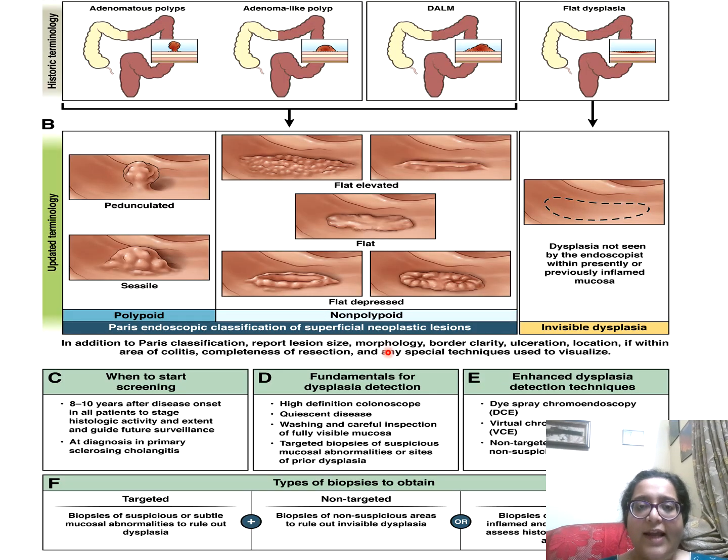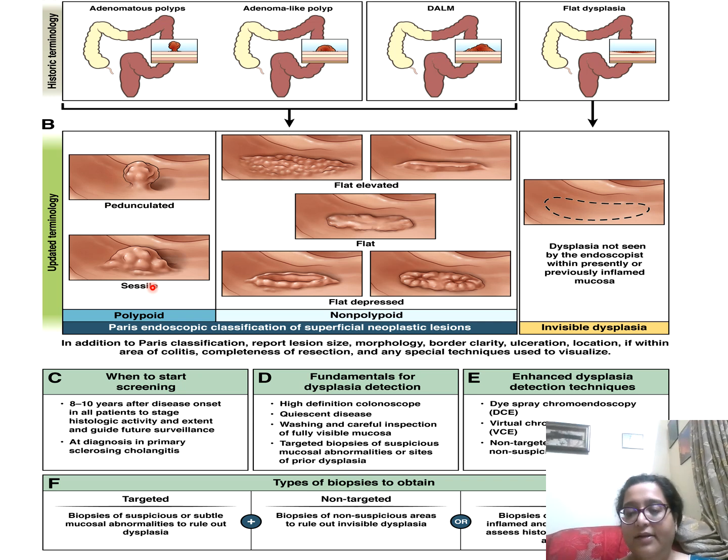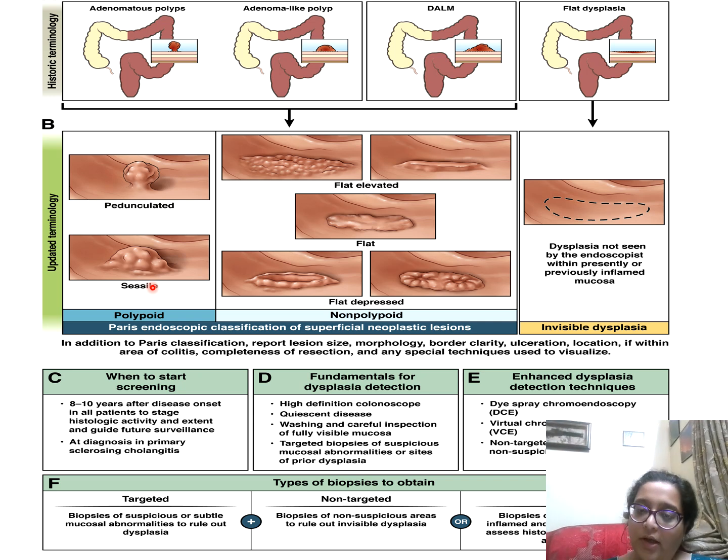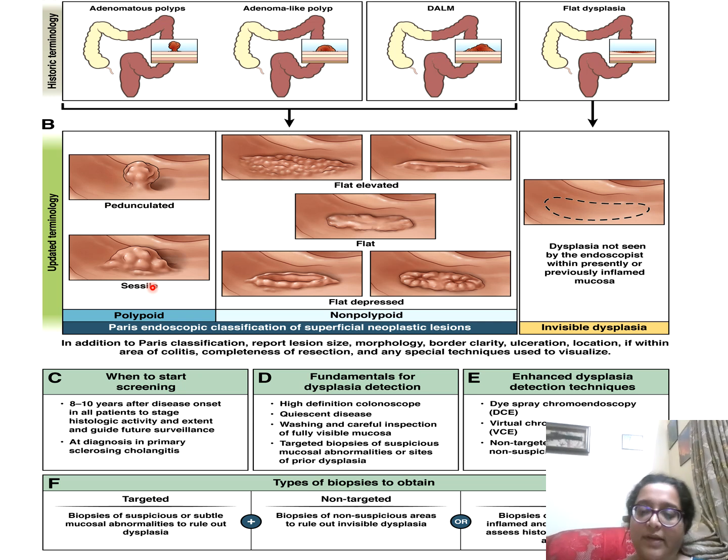So these are the types of dysplasias, a true polyp or of this thing I will take in detail later also. So there can be flat dysplasias where you do not see any polyp, any adenoma, nothing, but there is presence of dysplasia in between, ongoing IBD, etc. Then there are pedunculated and sessile polyps. Polyp which has a dysplasia is an adenoma. Just remember that. Polyp with dysplasia, it has to be an adenoma. Polyp without a dysplasia, a lot of types which I'll be dealing with later on.